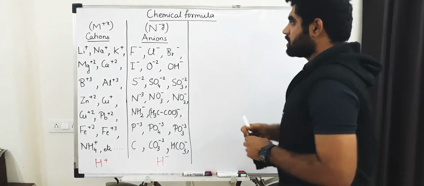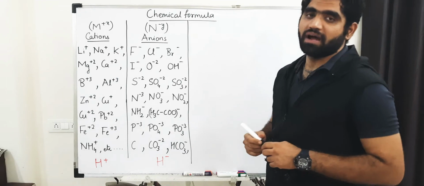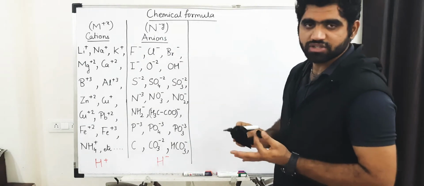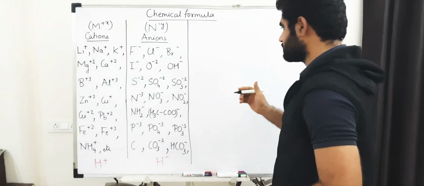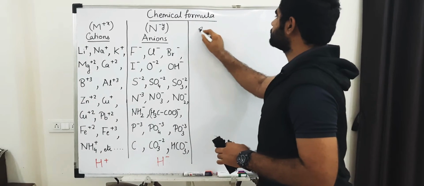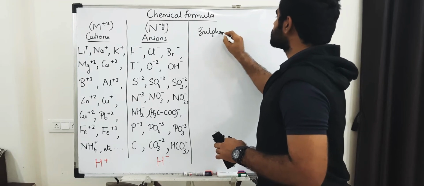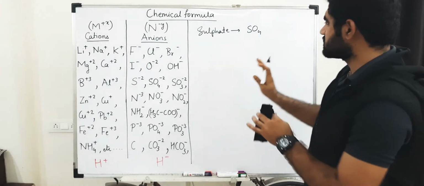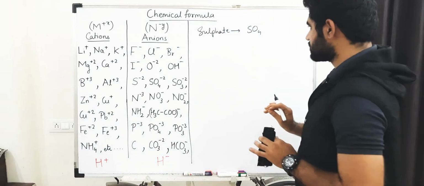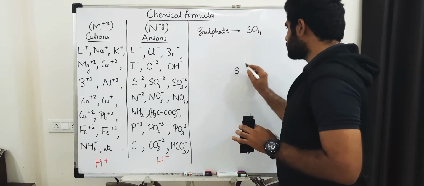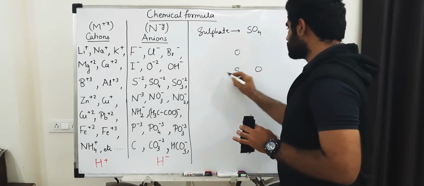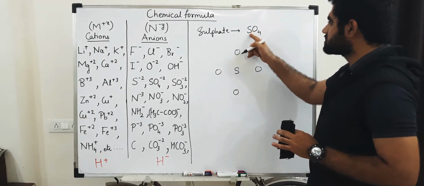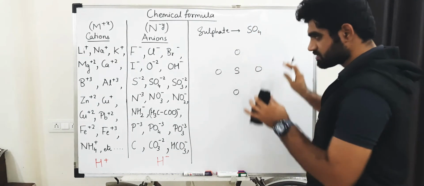So now let's come to the group of atoms. How is the charge on a group of atoms determined? I have already written the charges or oxidation states, but let's discuss how that comes. If I talk about sulfate, sulfate has the formula SO4. Let's consider we don't know its charge or oxidation state. Let's start. I know sulfur is connected to 4 oxygens. Let's make 4 oxygens. Now the bond which is formed between sulfur and oxygen for formation of sulfate is a covalent bond.